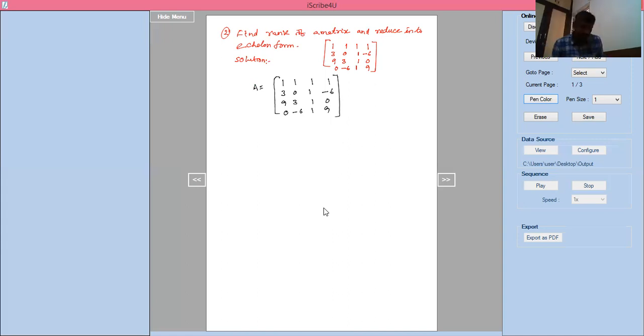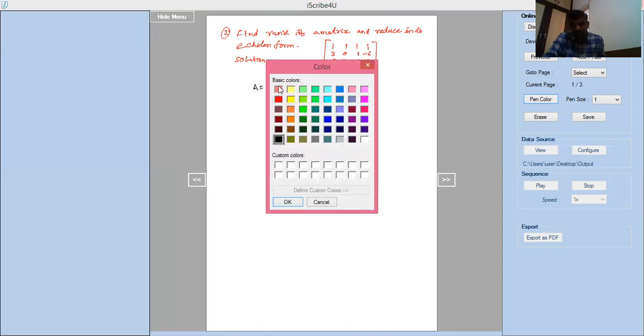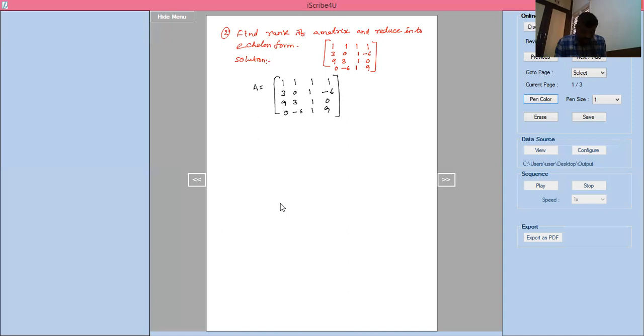To take the echelon form, first we have to identify the principal diagonal elements here. You know which are the principal diagonal elements. Below these elements, in the first column, I have to make 0. So this 3 I have to make 0, and this 9 I have to make 0, and this one also I have to make 0. To do that, in row R2 I have to make 0, in R3 I have to make 0, and in R4 I have to make 0.